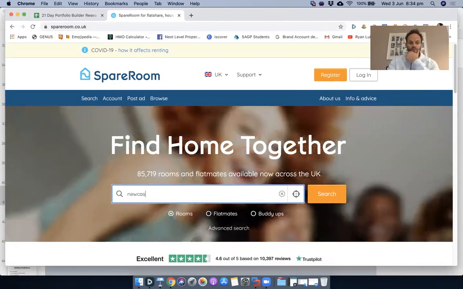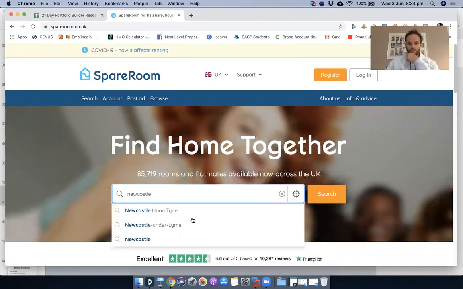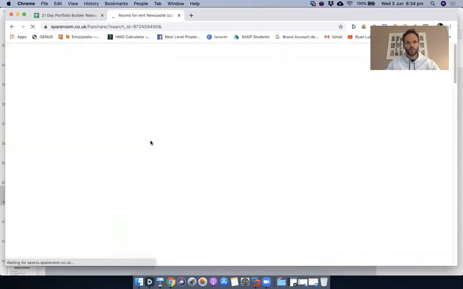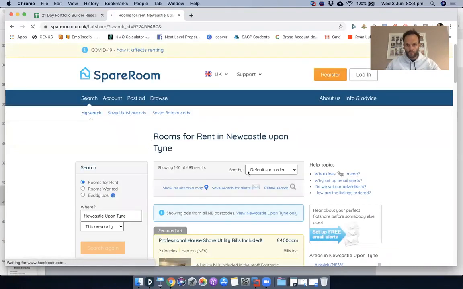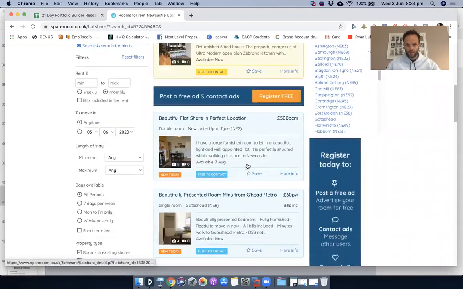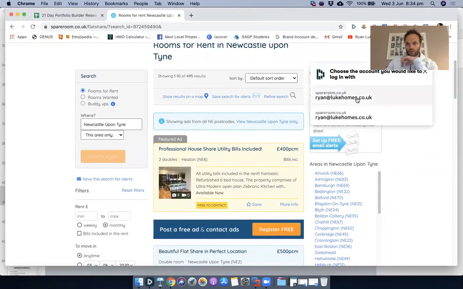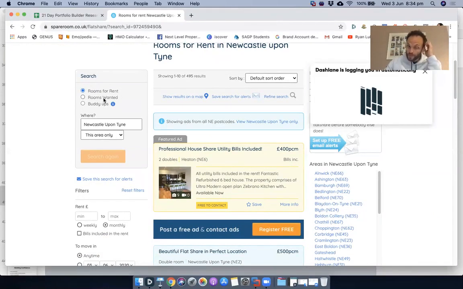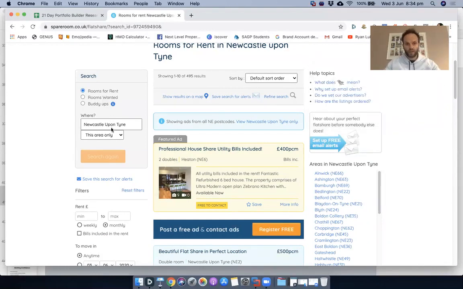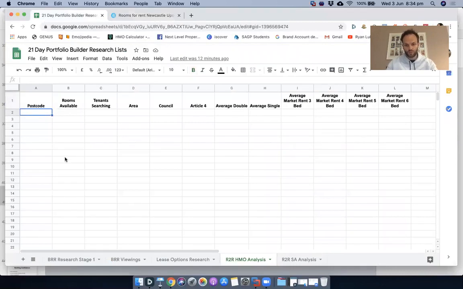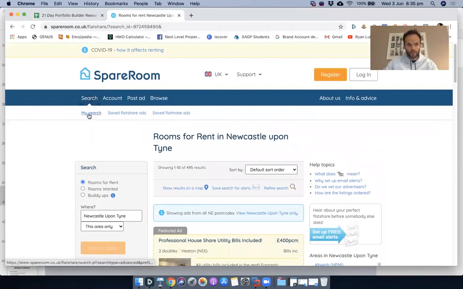So if we just look at the postcode, I've got my area here. As you see, we have all the listings of the houses. But what's really good about this is it shows you rooms to rent or rooms wanted, and therefore you can check the demand by using these two little icons. So you can break it down into postcodes. I'm going to do a couple of the hot area postcodes in our city. So if we go back to the start,